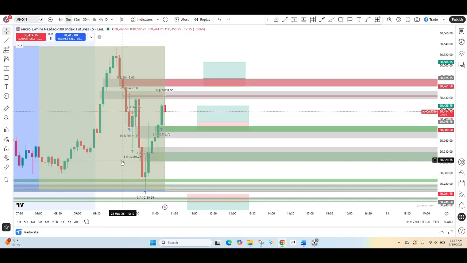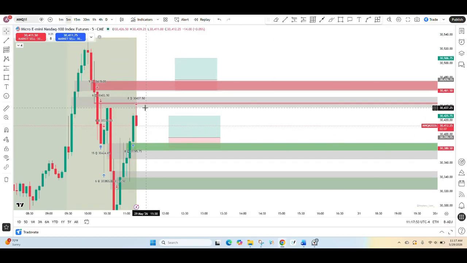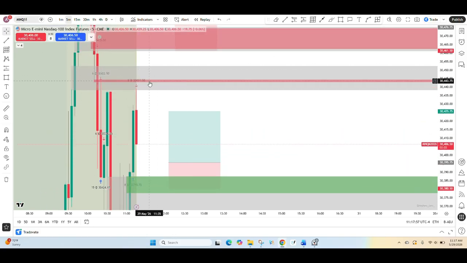Then I did another one for 6 contracts, lost it. Then I did a 3 contract, lost it. I was just all over the place. So finally, at the end, I entered for a long for 8 contracts, and I'm so happy. And I won that one, and I targeted all the way up here. And I actually was going to target all the way to this level.